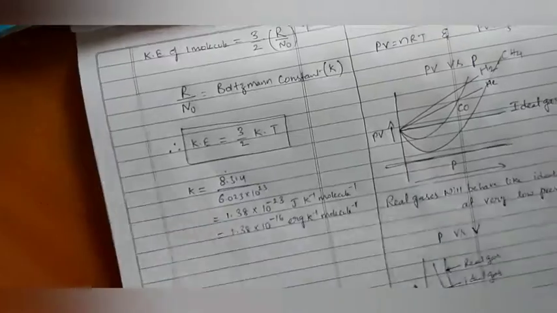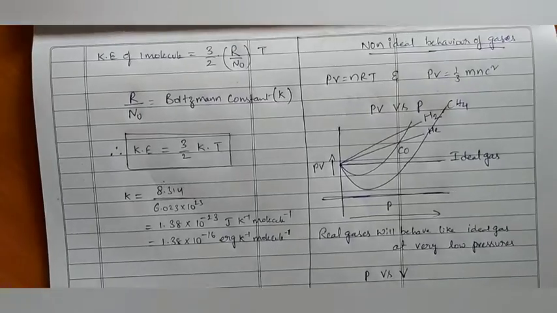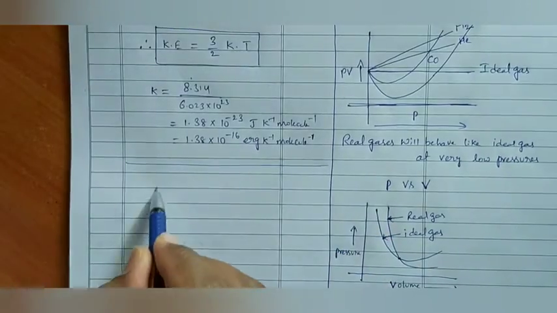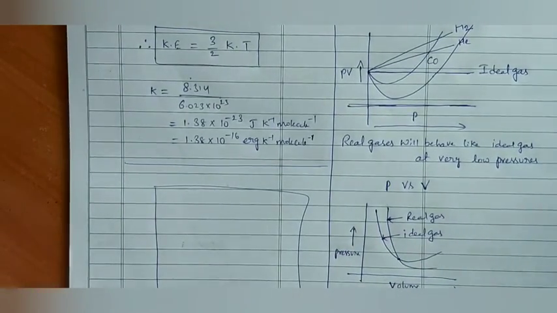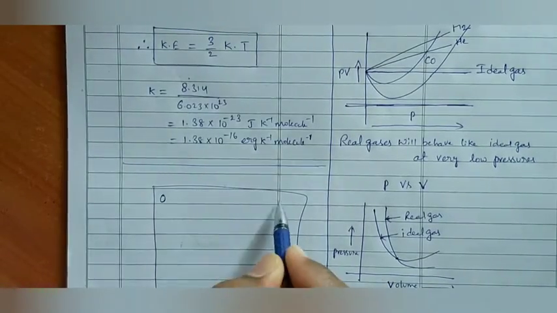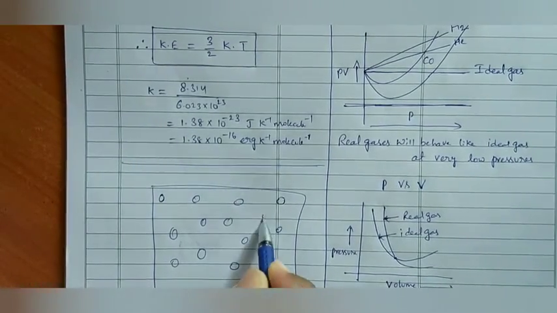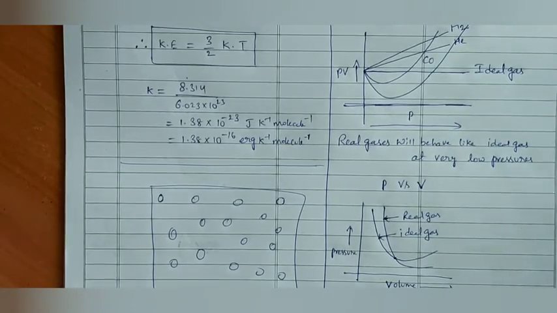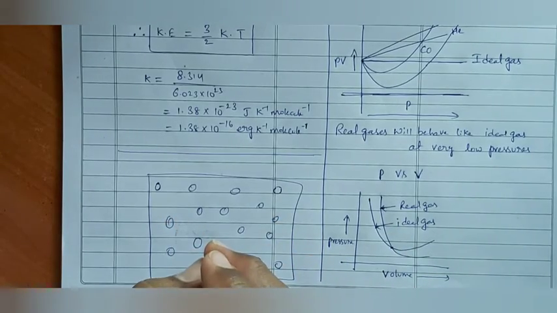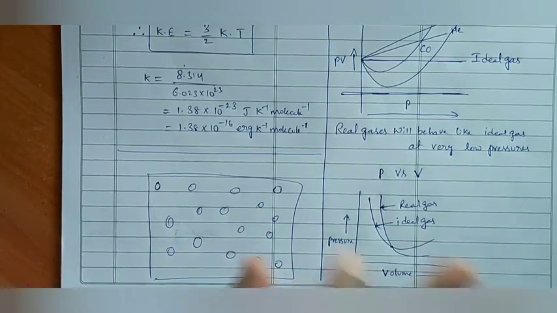Let us consider this container, if it is ideal gas, there should not be any attraction between gas molecules. Then simply they are present, they are moving from one another without any attraction. Is it correct? If there is no attraction present, how can we get the molecules nearby each other, and how can we liquefy them? It is not possible. If any gas is ideal gas, that ideal gas cannot be liquefied.